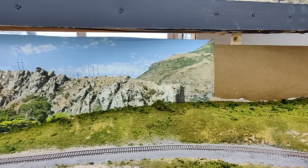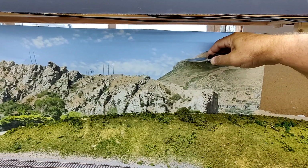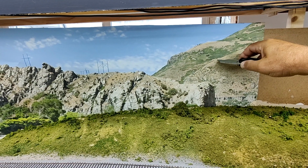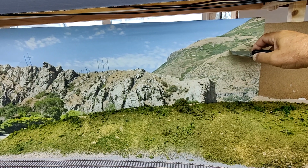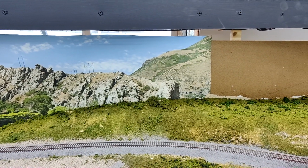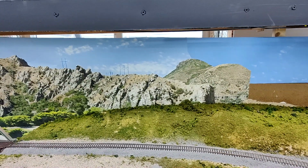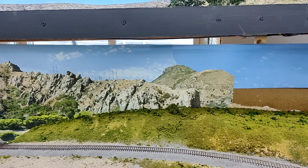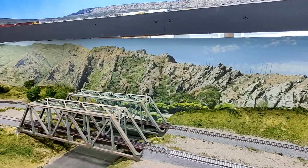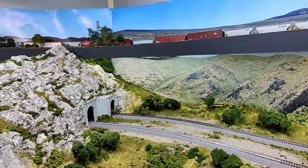So I decided that I was going to try and do some trimming. So I just kind of looked at this. I thought I would make a trim so that the mountains would be lower. I took a picture of the Taggart restaurant that's there, and we'll put that right next to that. So, and I have a bunch of trees now. There you can see it trimmed. I'm going to have a bunch of trees there also,